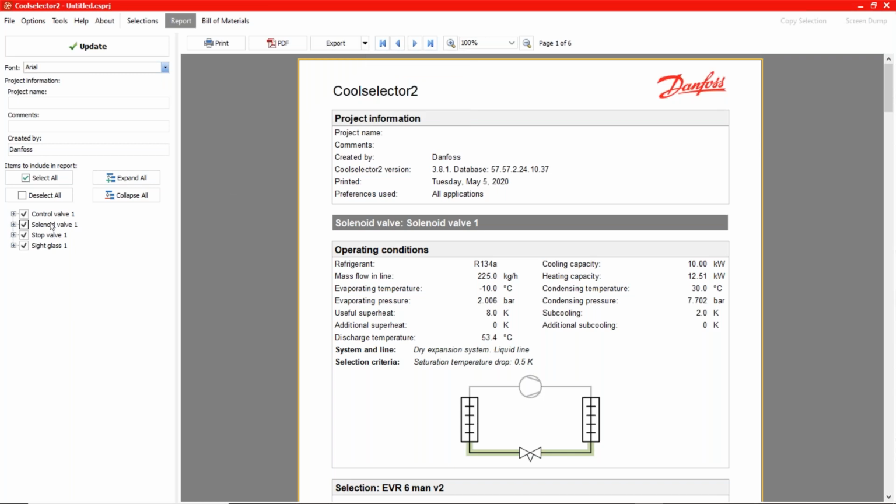Then here you can put your project name, comments. You can put your name here, created by. And if you wish to control the information that you want to create in the report, you can also select all, deselect all as you wish. So let's say select all this time. Once you have done that, then finally you go to the